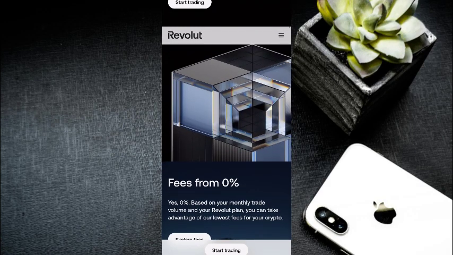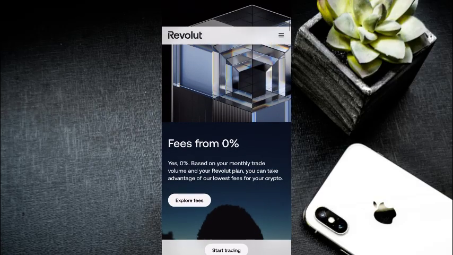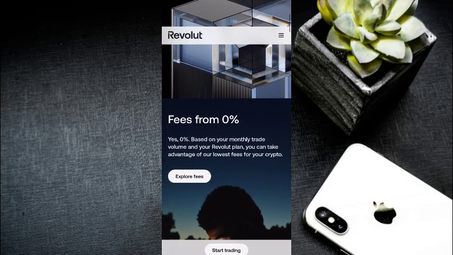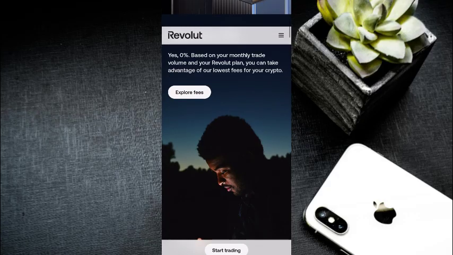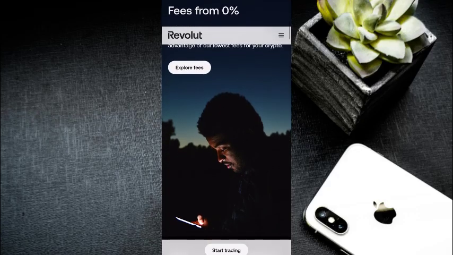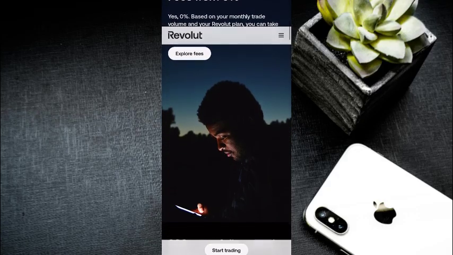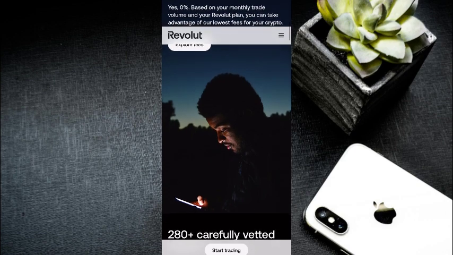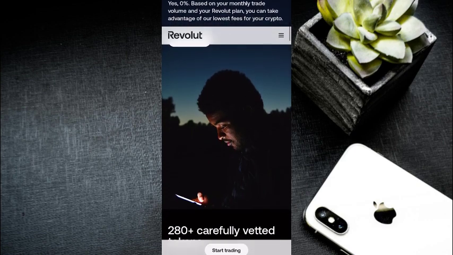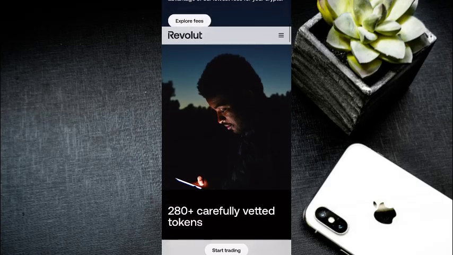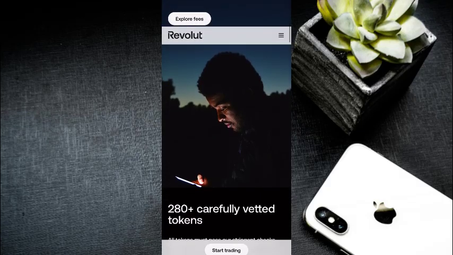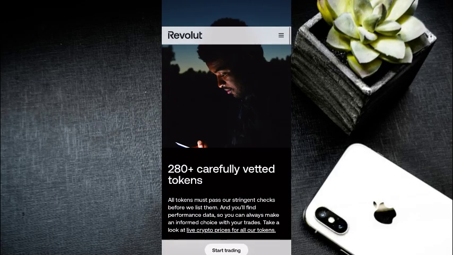So the first thing to do is to open the Revolut app on your phone and make sure you log into your account. Then tap the transfer or payment tab at the bottom of the screen. Then tap the send or the plus new button, then choose send for the bank transfer. So make sure you tap add new recipient, then select India as the recipient country, then enter the recipient